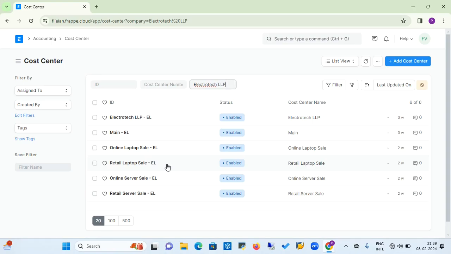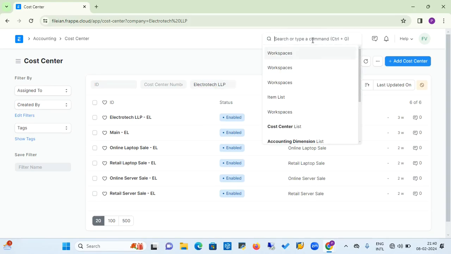How is this accounting dimension used in our day-to-day business transactions? For example, suppose I want to know how much expense this particular cost center or particular accounting dimension has made during the current financial year, or how much income these cost centers have generated during the financial year. Then for that you need to go to the chart of accounts,